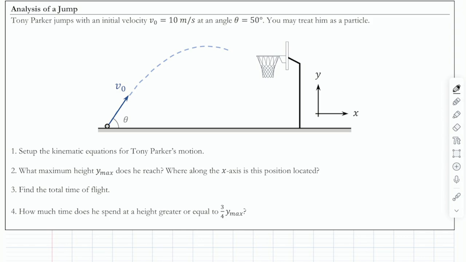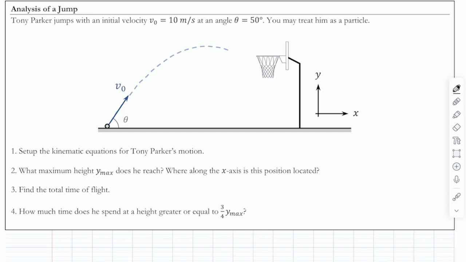Let's put it that way, and it teaches us what to do if maybe you don't know the launch velocity v0 and how you would deal with that, which is actually a common occurrence in projectile motion problems. But let's start with this one. This one's good. This one is about Tony Parker, who was a basketball player. I don't think he is anymore, but he was.